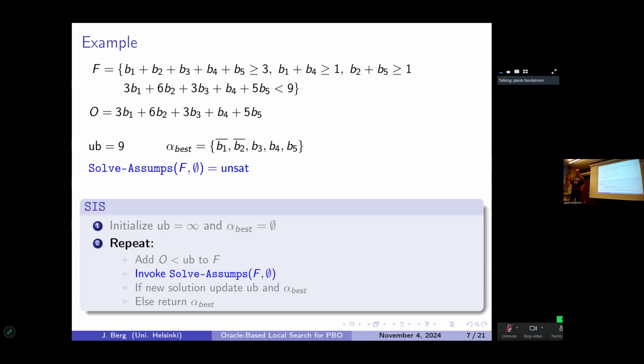A typical question I might get from people sometimes is, why don't you do binary search? Why don't you do lower bounding search? Intuitively, the accepted wisdom is that UNSAT calls are really hard, satisfiable calls are easier. So hence this solution improving search, even though you might get better bounds on how many calls you have to make with something like binary search, the solution improving approaches tend to work better in practice. And I've also actually run into cases, especially in the context of MaxSAT, where I try to